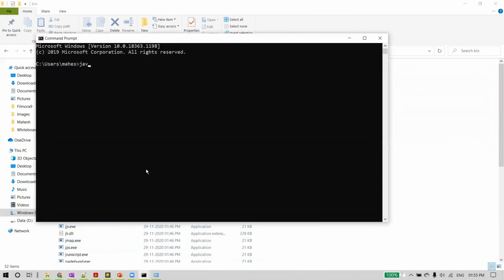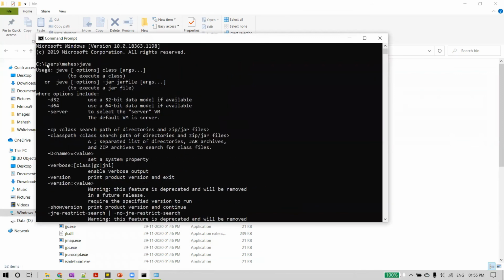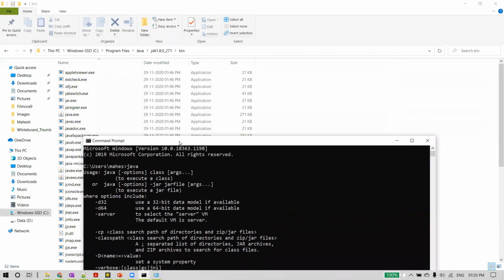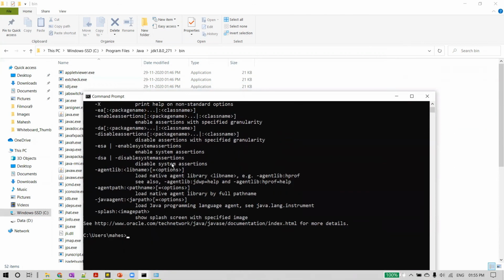Now let me type java here, and you can see I am not in the C program files JDK bin path. I'm somewhere in C users Mahesh, or you can go back to cd new folder where we don't have any files.